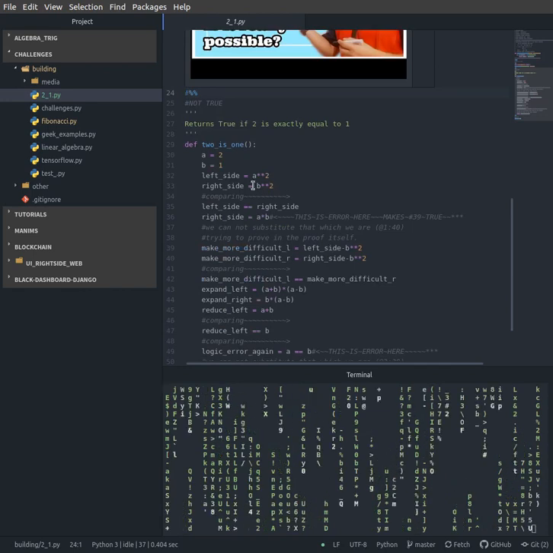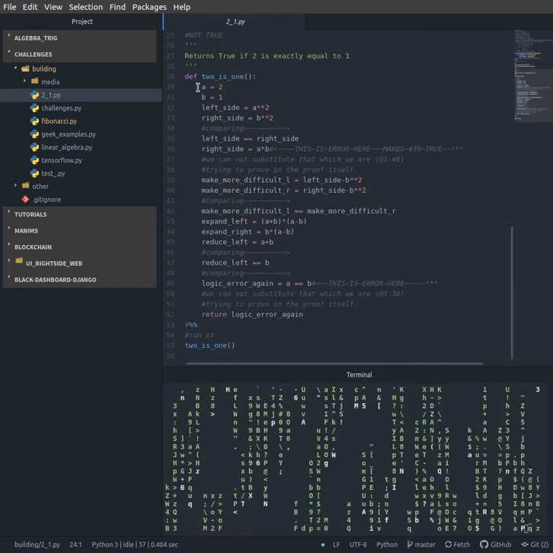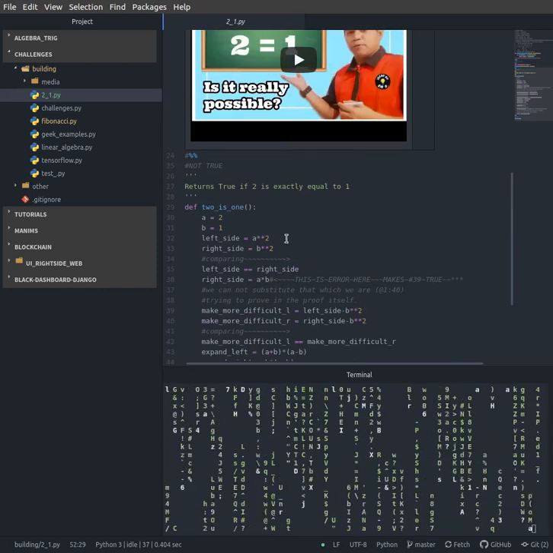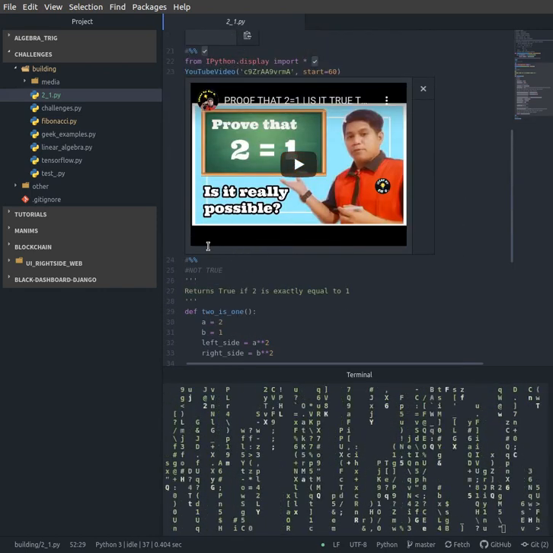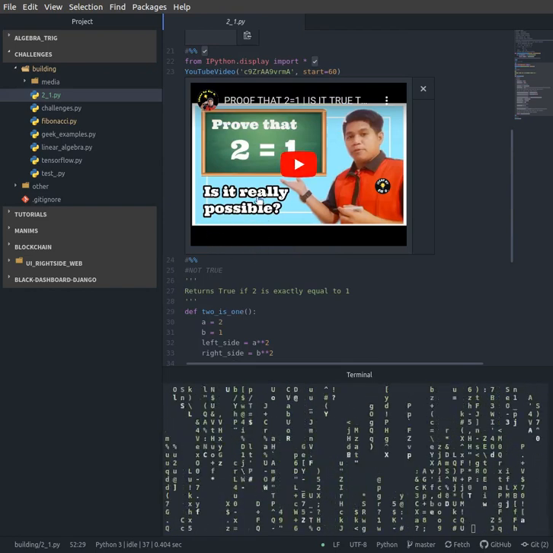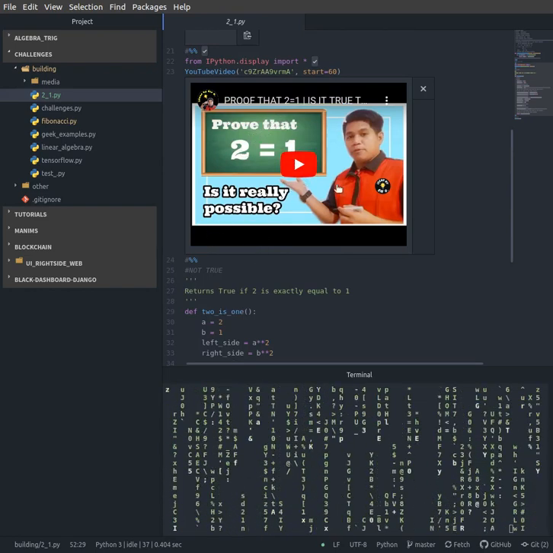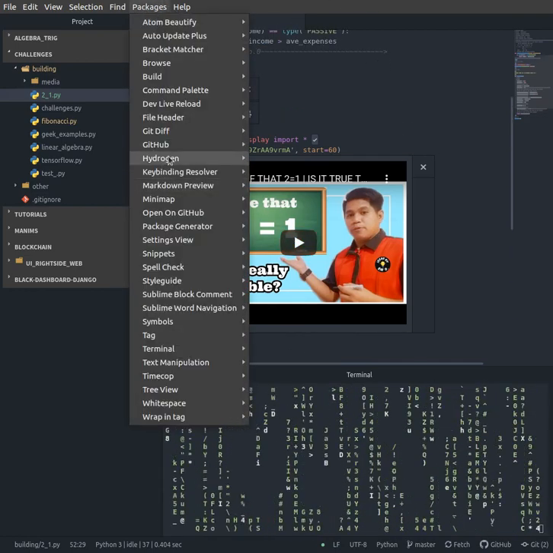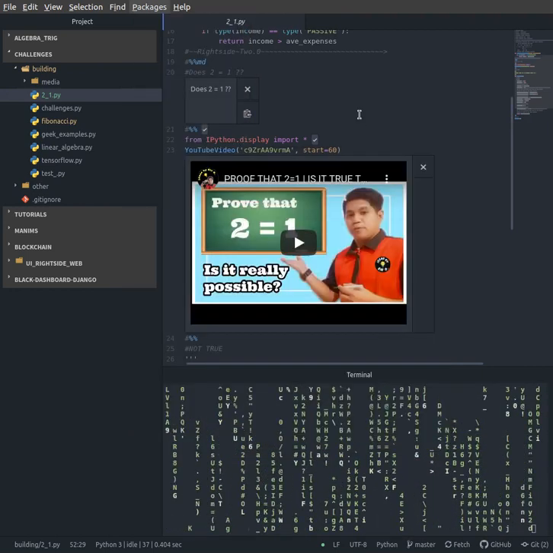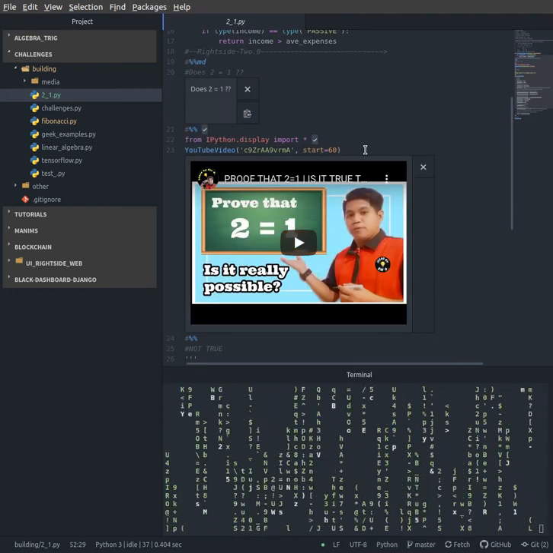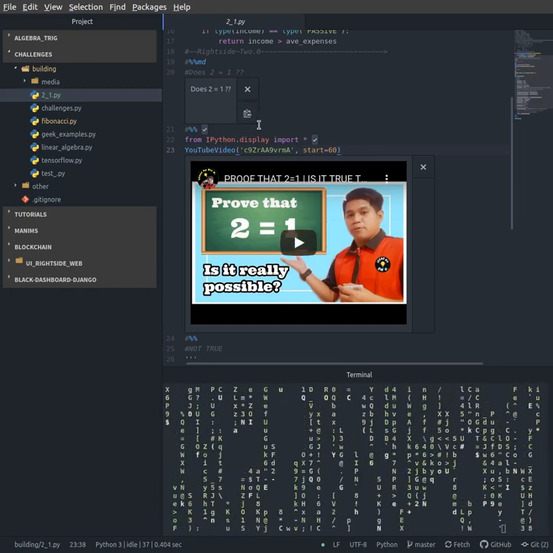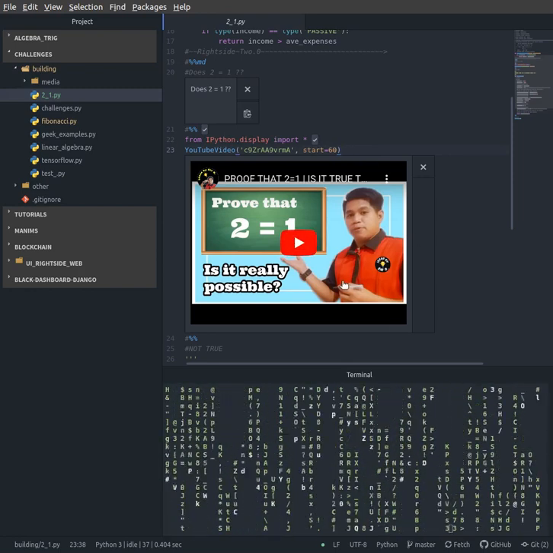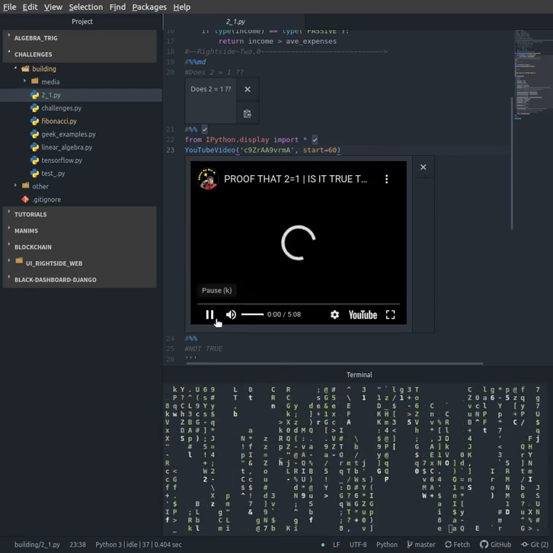These are the steps that he took, and I wrote them all out already in logic, and we can see, in Python. I wrote the logic out in Python. So this is my Atom text editor, and I have Hydrogen that makes my text editor into a Jupyter-like kernel so that we can execute code. This is IPython display, import all. I pulled up the YouTube video, started at 60 seconds, and we can see exactly where he starts